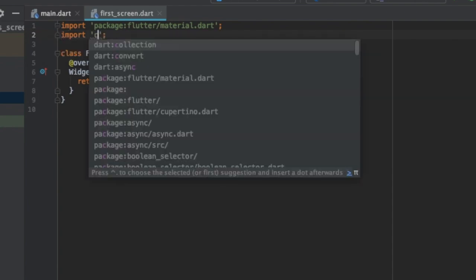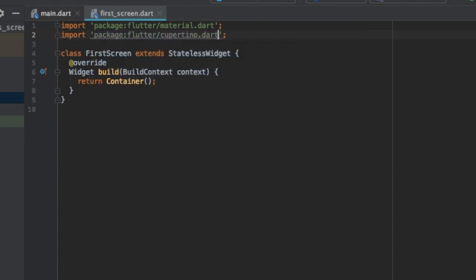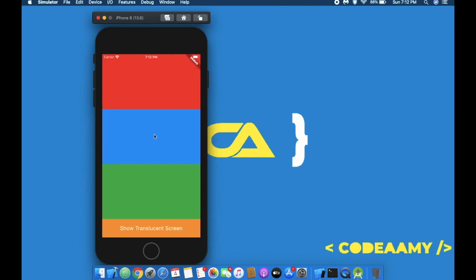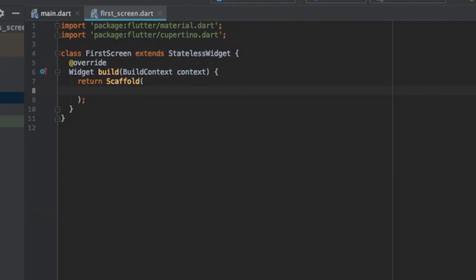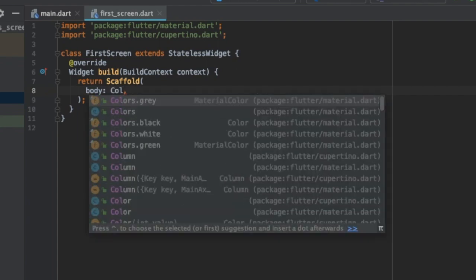I'll tell you why. So first let us create a scaffold where we will be creating these three containers with three colors and a yellow container having a show translucent screen option for press.